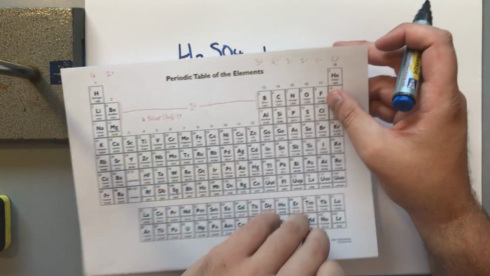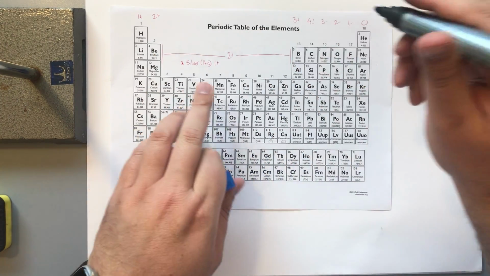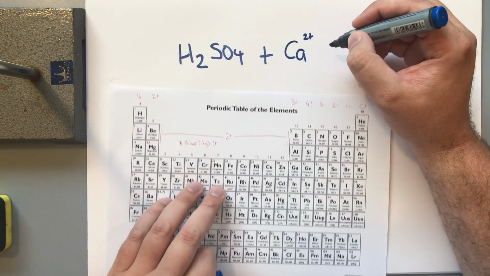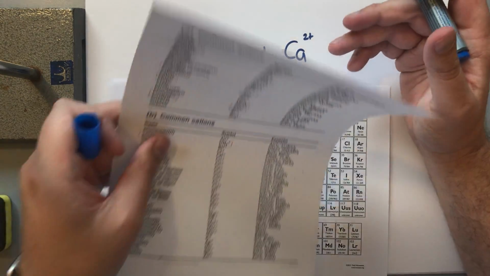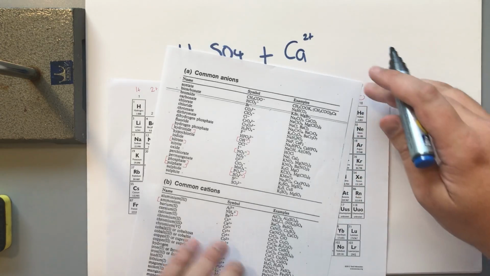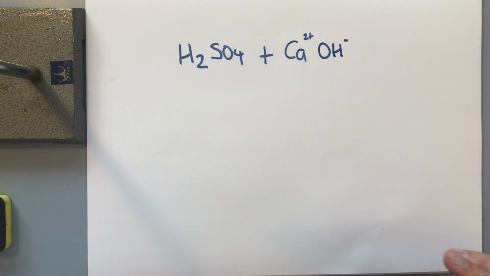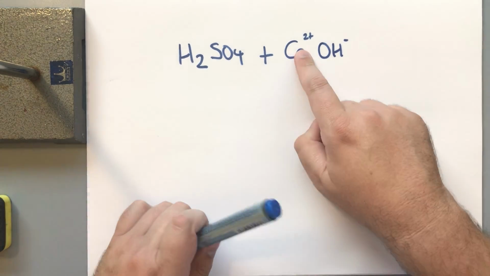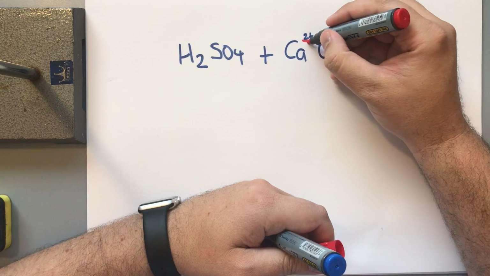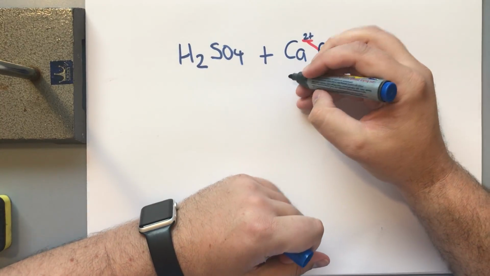So if we get our periodic table, calcium here has a valency of 2+, and hydroxide, we know from our anion and cation sheet, is OH with a minus. Now calcium valency of 2, hydroxide with a valency of -1. We can do our swap and drop. So that will then give us